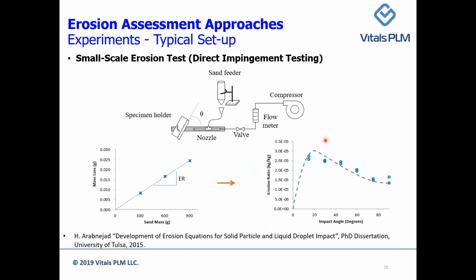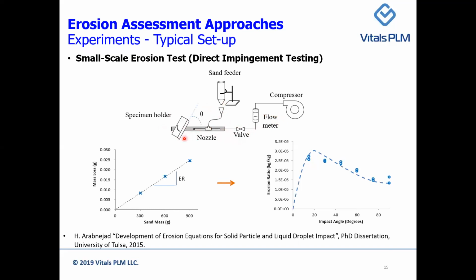In this section, I'm going to explain some experimental approaches for erosion measurement and assessment. This picture is showing a small scale erosion testing or direct impingement testing facility where sand particles are injected through a nozzle towards a specimen. Pressurized air that is supplied to the nozzle takes the particles from the sand feeder and injects particles toward the specimen. So experiments can be performed at different angles and velocities to determine the speed and angle dependence of erosion